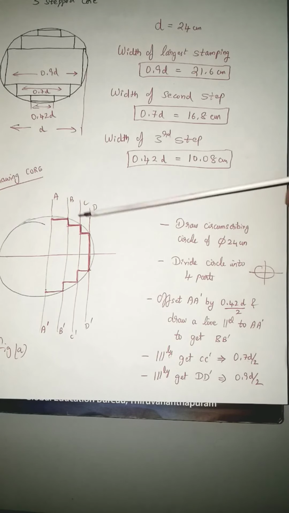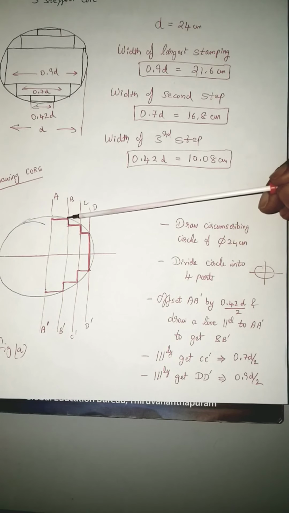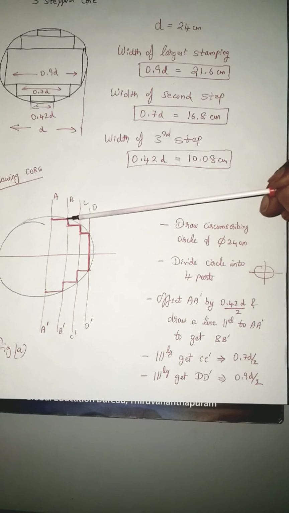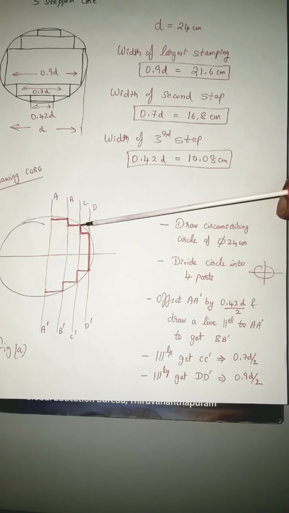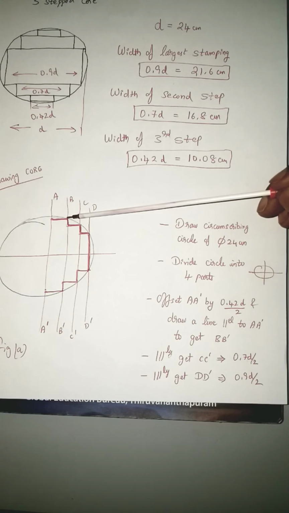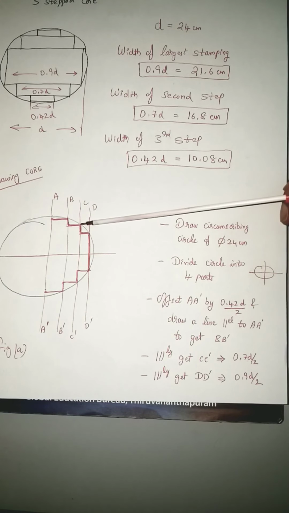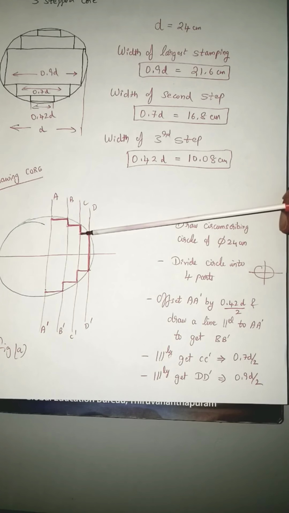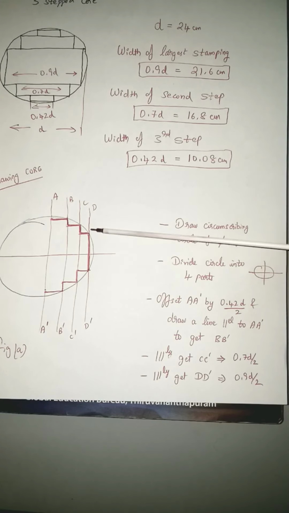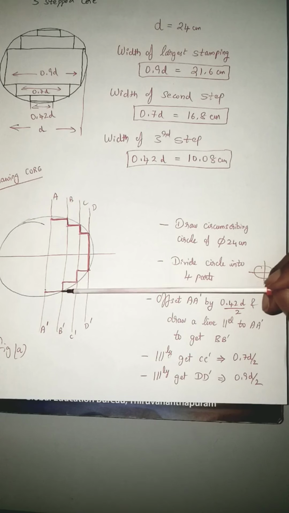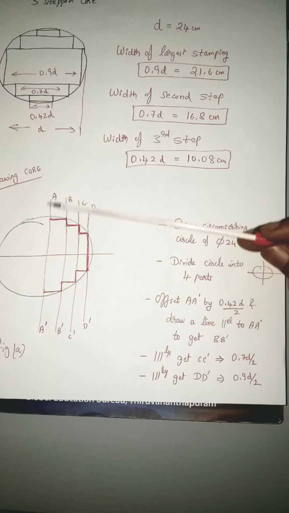Once that is available, first look at where B is cutting the circle. Take that point, draw a horizontal line wherever it meets our vertical line, that is our first line. Then from B to C, just drop a line vertically and then join C. Then C has to be joined to D. So draw a line down at 90 degrees orthogonally and again join D. Similarly, you would have got the same lines cutting the circle at the other ends. So similar to this pattern, you just have to draw it. This finishes half of the core.